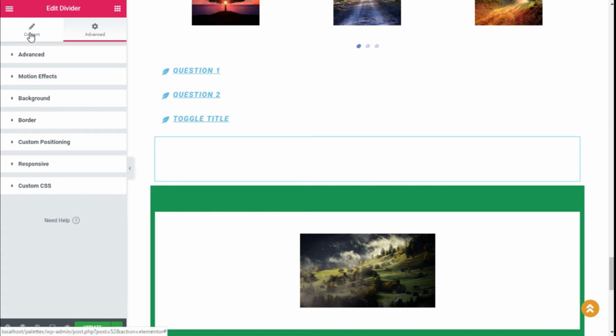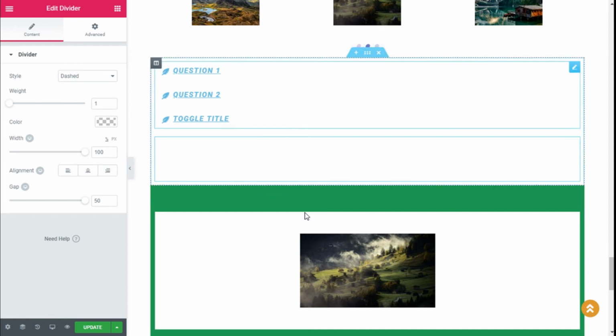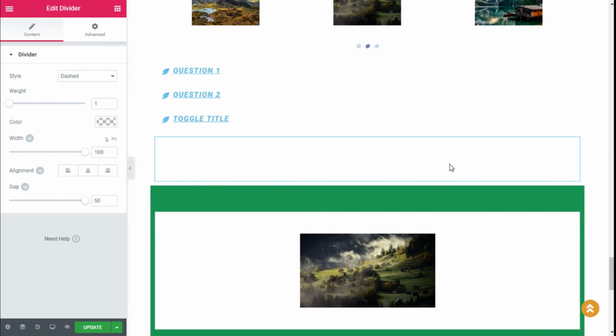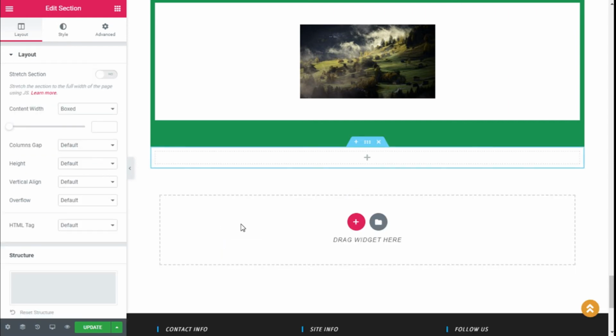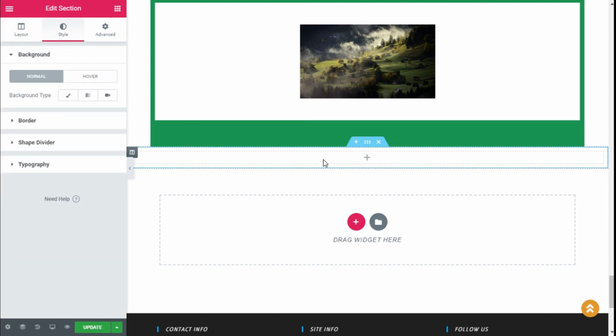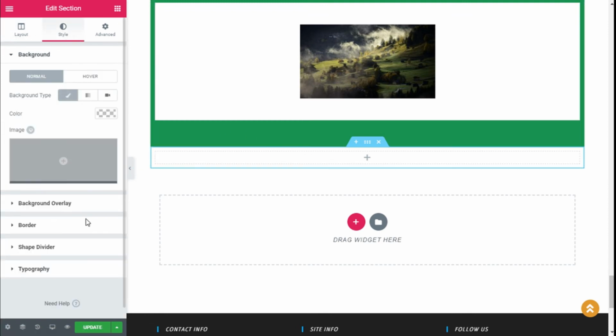So we have created a separation between our two sections using the divider, but we can use a different method if we want. If we add a section in this case and we stretch that section to the fullest of the screen, we can also do it without stretching, and we add a color background to it,